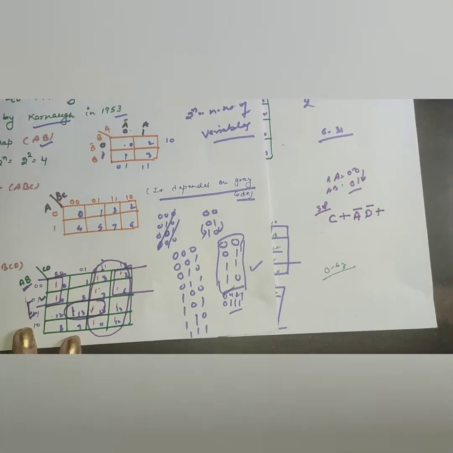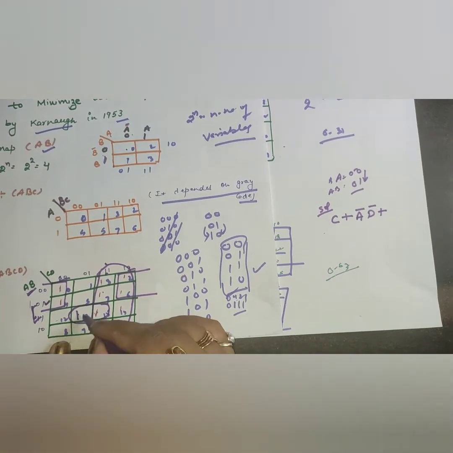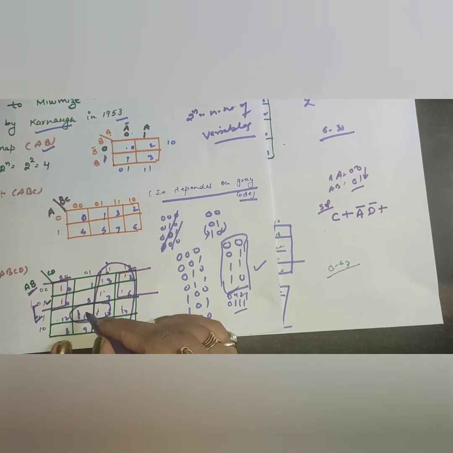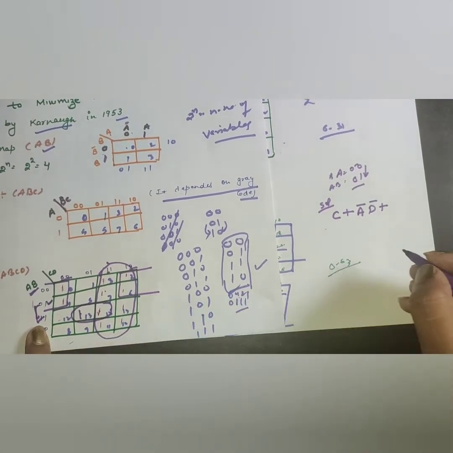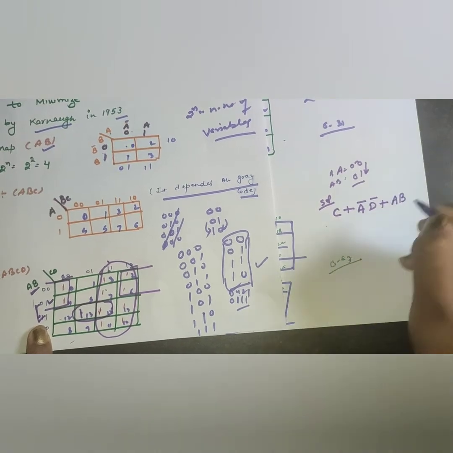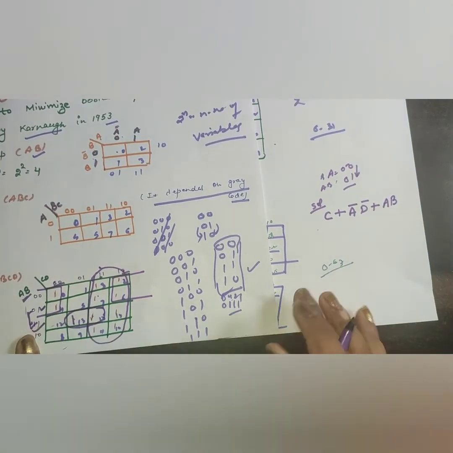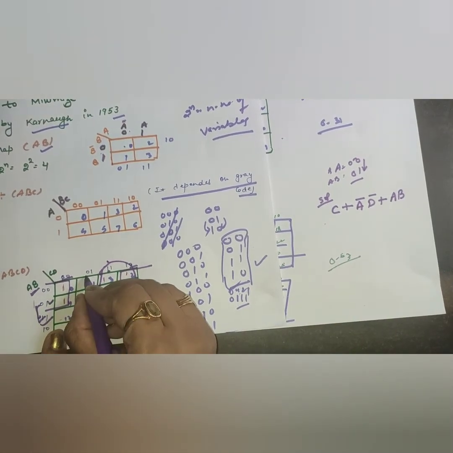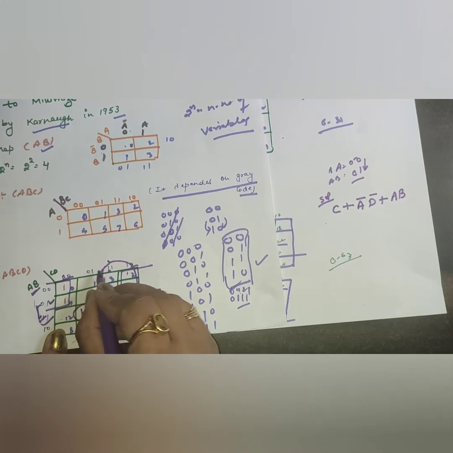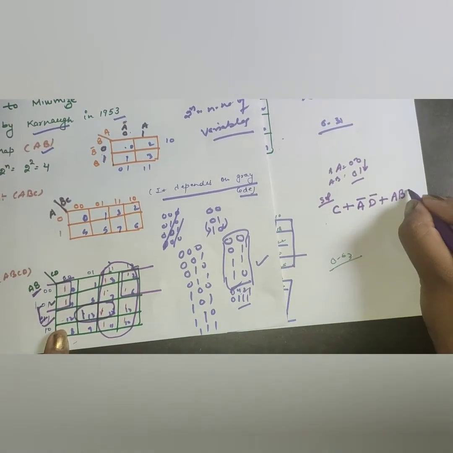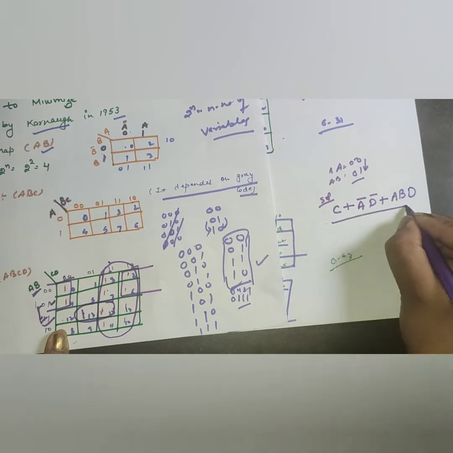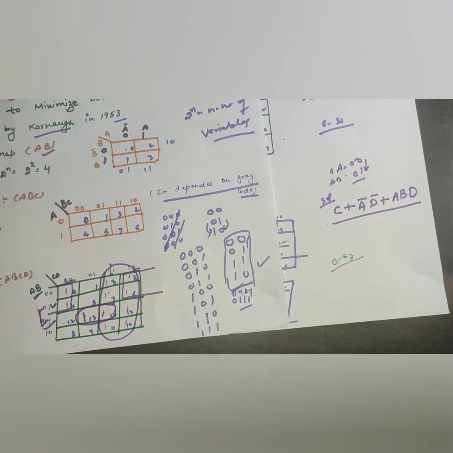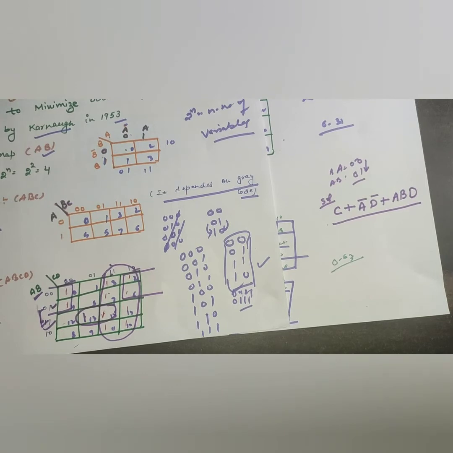Now plus, we will talk about the third group. Third group is this one. You can check there is no vertical position. So we should write for A and B, because this is a condition of 1 1. So AB, and from this to this you can check C is eliminated because it is going 0 to 1 and D is 1 to 1. So ABD. This is our answer, the Boolean expression.